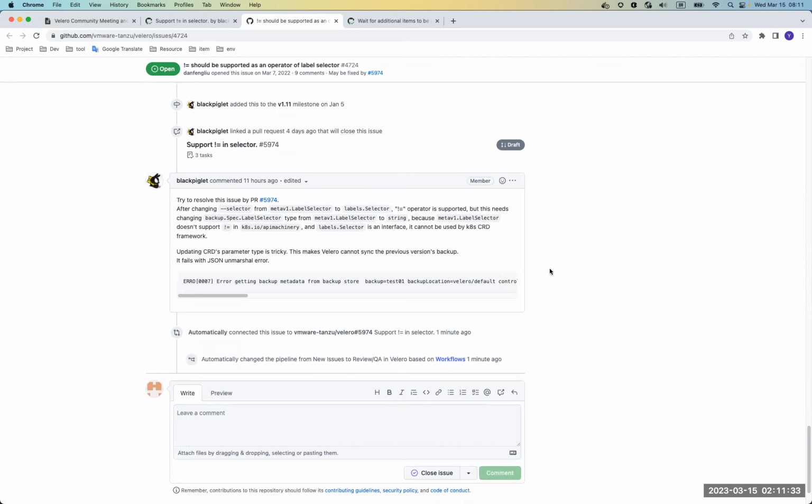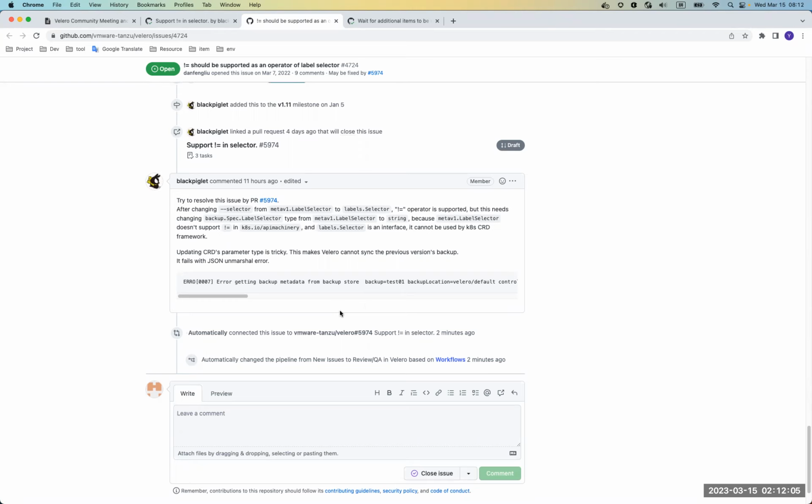So I'm not sure how to resolve it, and maybe we also need to have a mechanism to trace how to update the CRD's parameter types. Yeah, I think that's a gap in Velero. We don't have a mechanism to convert the CR from one version to another.